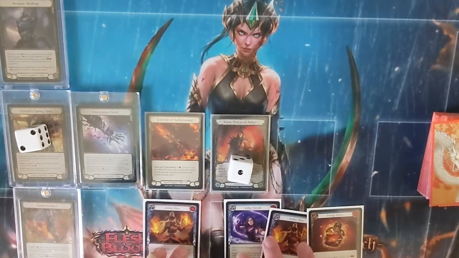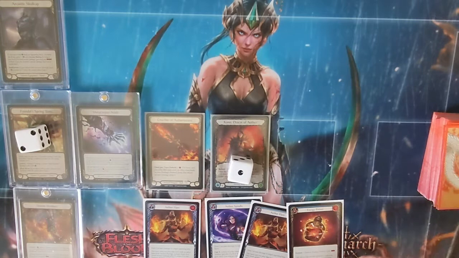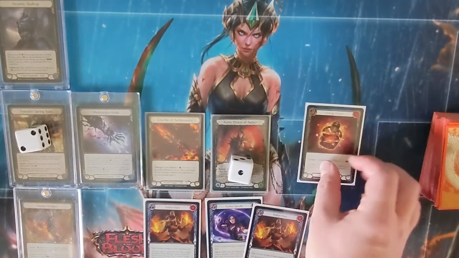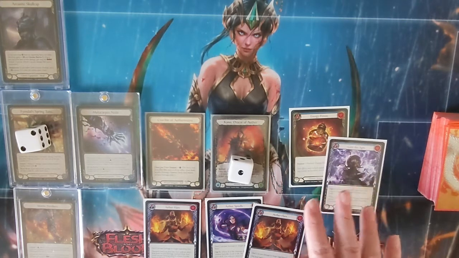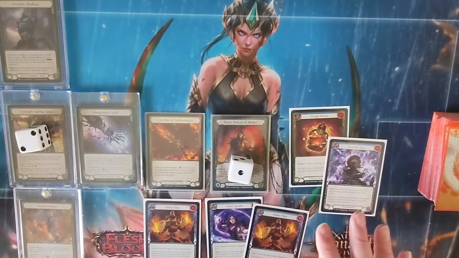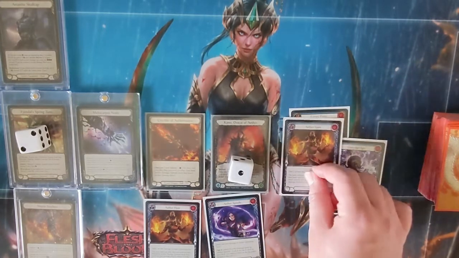So I want to use that, but I also want to see what I have available for me on top of my deck. So first thing I'm going to do is I'm going to pay to Kano. Kano is going to come in with Gaze of the Ages. Now I like this, and this will give me a good setup. So I'm going to begin by